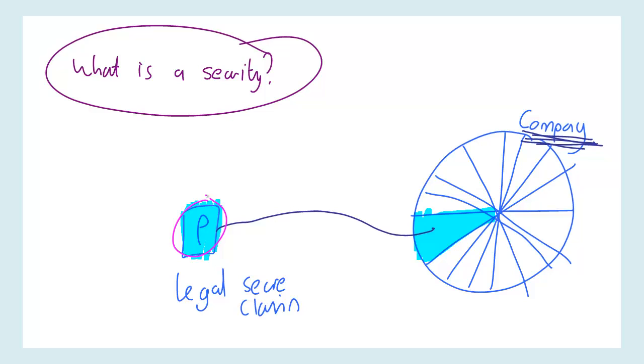If you want to cash in, it does really well. It goes from $1 to $2, and you want to make 100% profit. You go to the company and say, I'll give you that share back if you give me $2. And they say, no, we're quite happy with you having the piece of paper. So you sell it to someone else. So that other person now has a legal secure claim to the control of 1/16 of the organisation. So that's a basic share or stock.